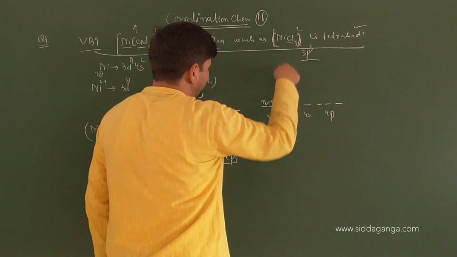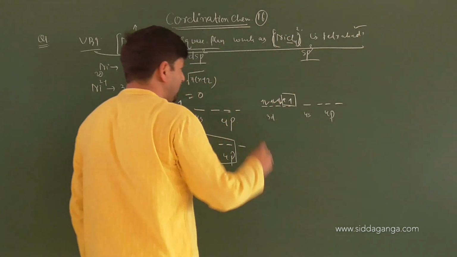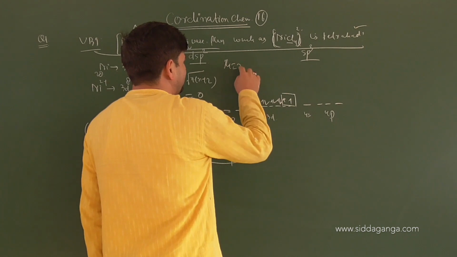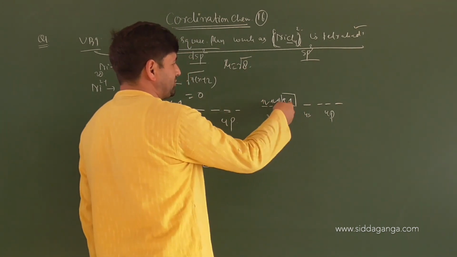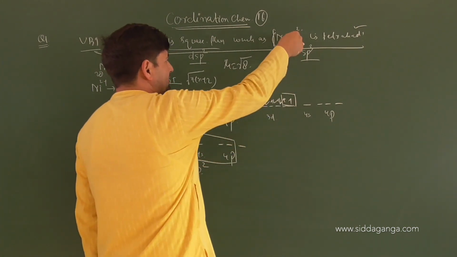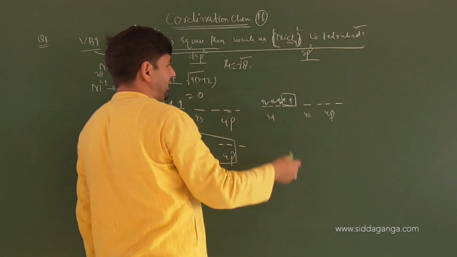In this, chlorine is a weak field ligand, so will pairing be forced or not? No. The magnetic moment according to experimentation comes equal to root 8, proving there are 2 unpaired electrons. So no pairing has occurred, because there is no pairing in the presence of Cl, as it's a weak ligand. So what happens?